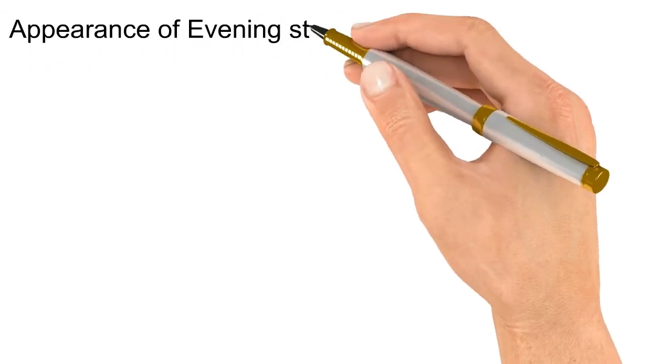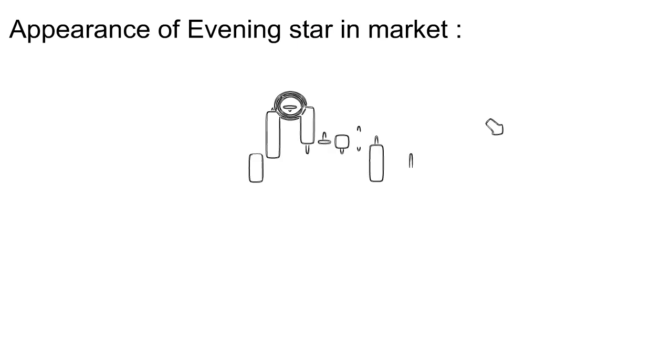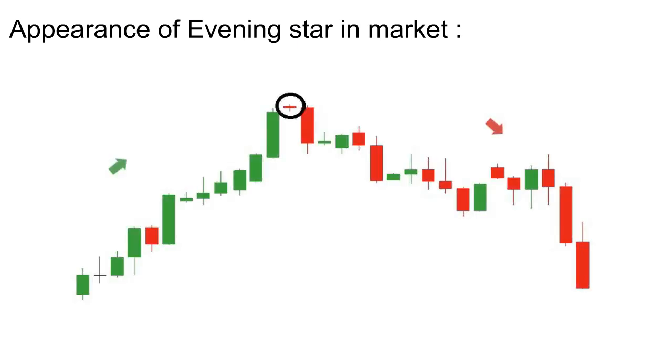The evening star appears at the top end. On day 1, a green candle is formed with a new high, and on day 2, a gap up opening occurs, but after that nothing happens and a doji is formed. Then on day 3, a gap down opening occurs and it closes below the opening price of day 1. So bearishness continues for the next few trading sessions. Remember, both the morning star and the evening star candles require 3 trade sessions of data and have the ability to reverse the trend of the market.